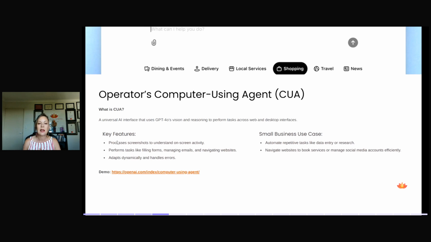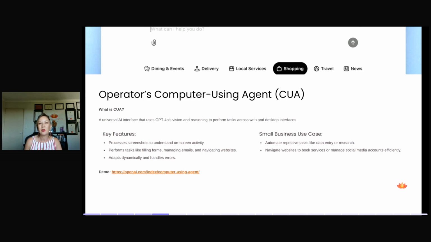So basically, what it does is it processes screenshots on your computer to understand what the tasks are that you want it to complete. And then it can do things, as you can see, it can fill in forms, manage emails, and it can dynamically adapt to things as they happen. And in a small business, what you could use it to do is automate the repetitive tasks, whether it's data entry, or you're getting it to go and do research or navigating websites.